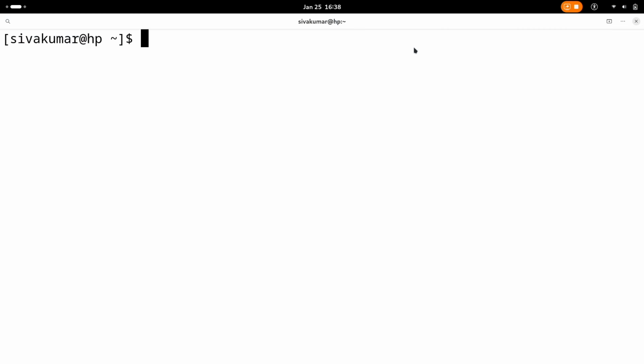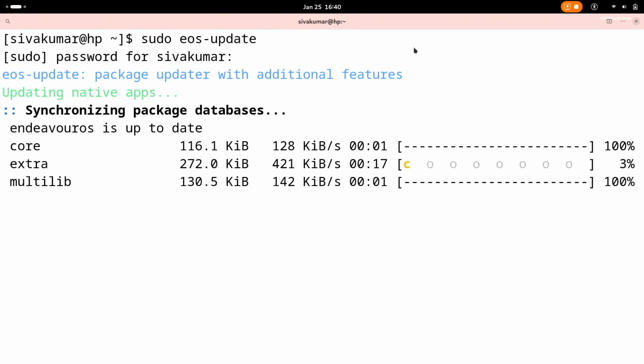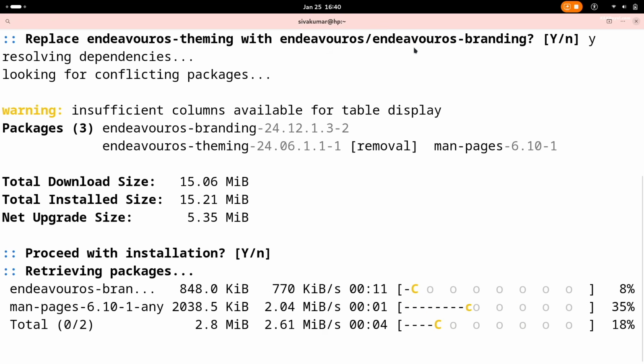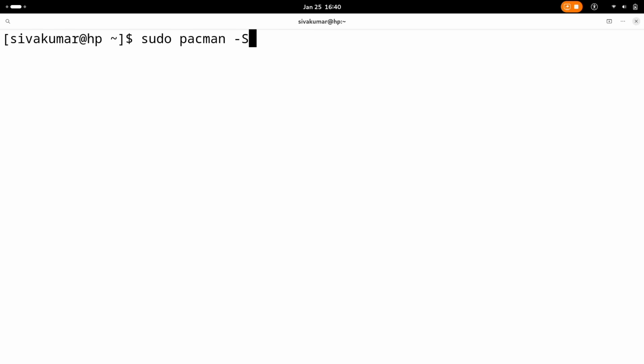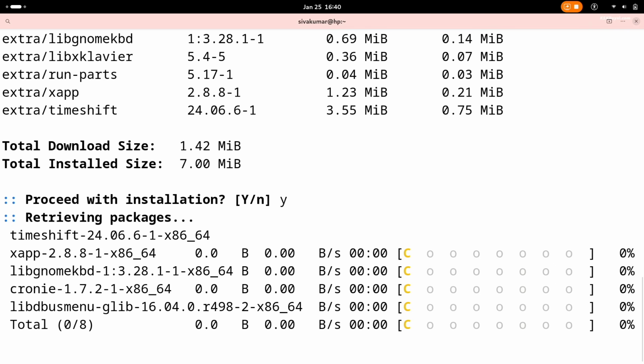First, open Terminal and update the system by running the relevant command for your distribution. Before proceeding, install Timeshift, a backup tool that allows you to create snapshots of your system.